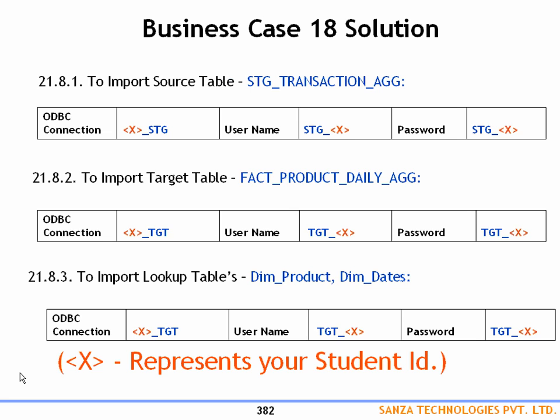So break it down. Write it down. Then we will discuss how to aggregate, how we